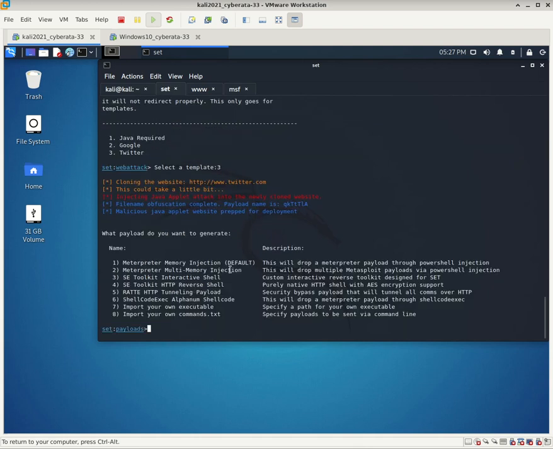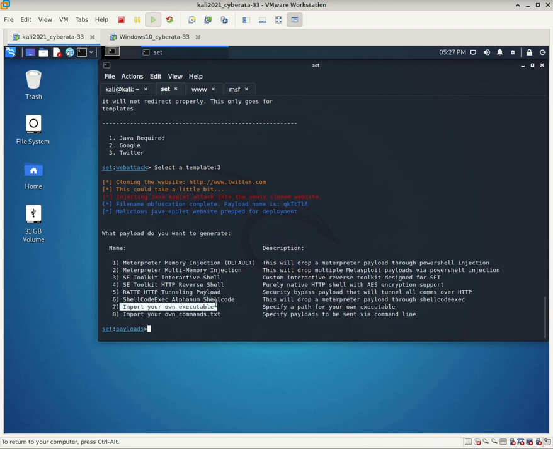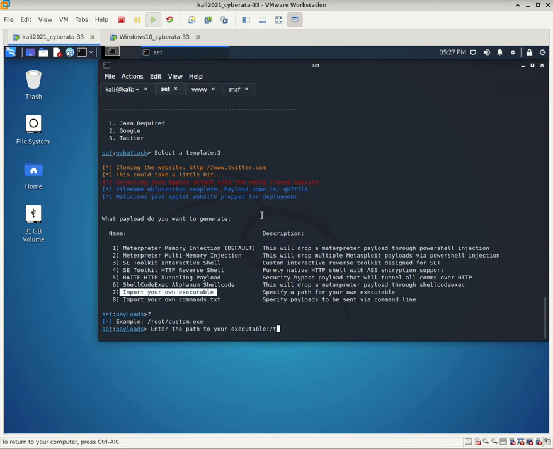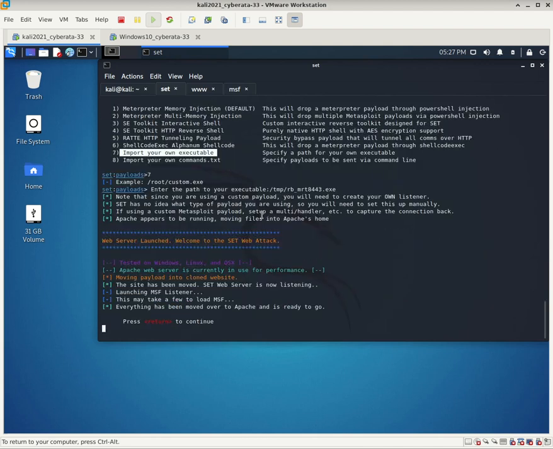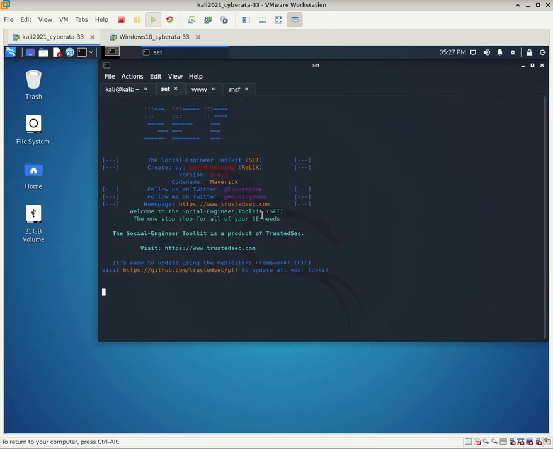So this is the normal one, but this may be detected by the antivirus, so we will use one executable, and our executable is tmp, the Ruby meterpreter reverse tcp 8443.exe. Okay, we are done. Okay, so 99. Okay, and 99 and 99. Okay, then